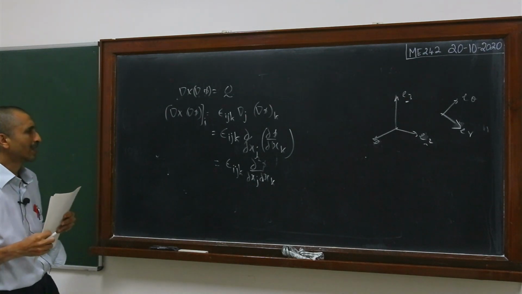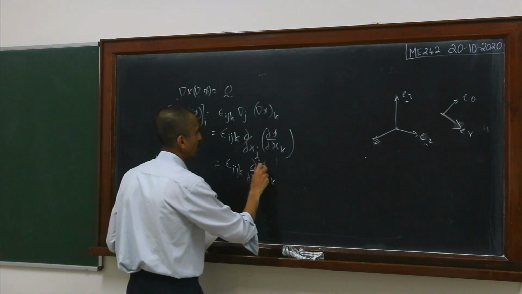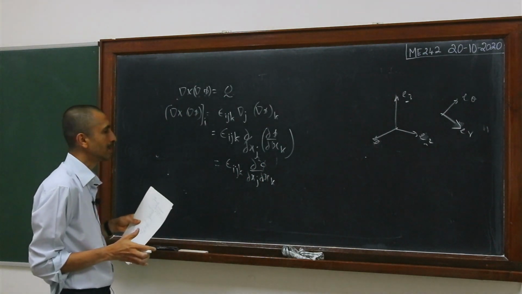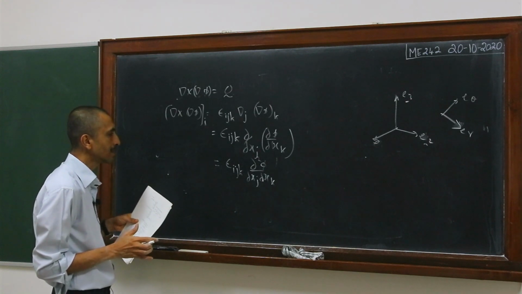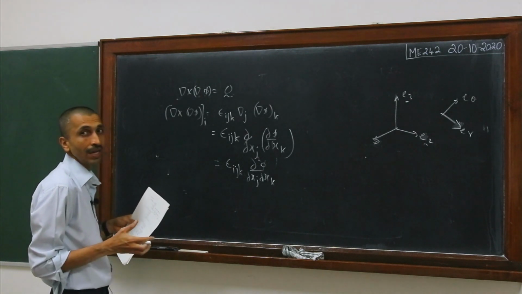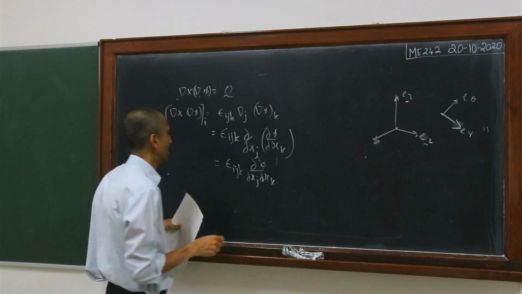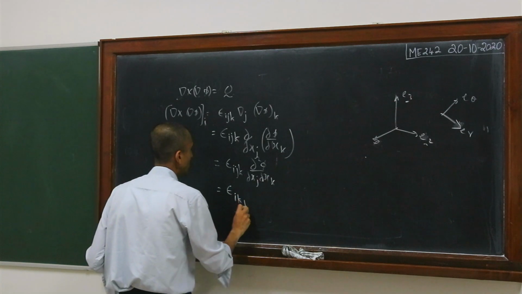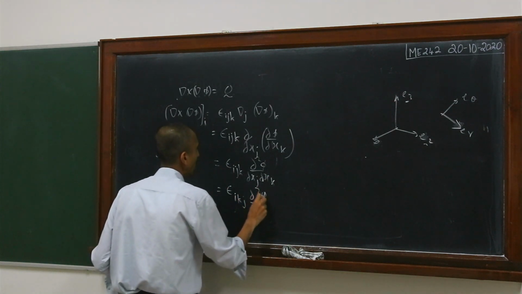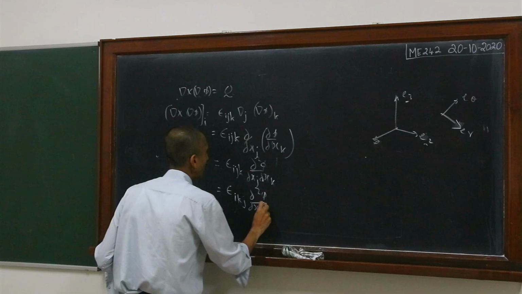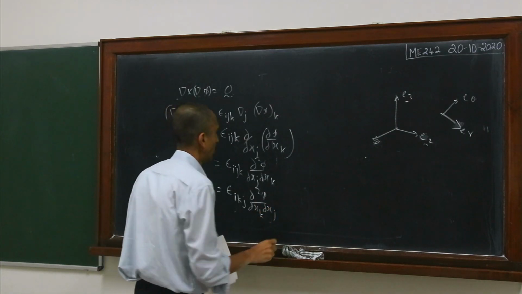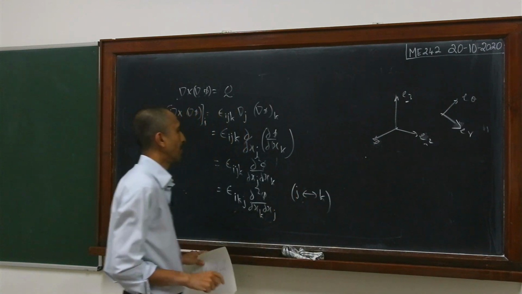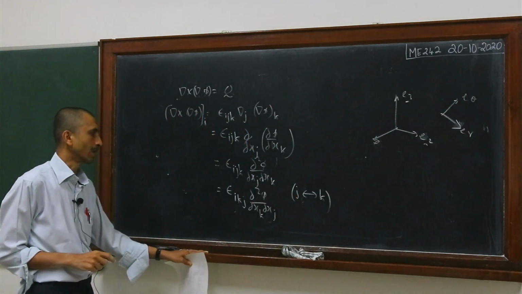Okay, so now these are some standard tricks that you have to get used to. So here the trick is that you interchange the j and the k. See, j and k are basically dummy indices. So I can call j as k and I can call k as j. So the trick that I will use here is, this is epsilon ikj del square phi by del xk del xj. Right? That is because what I have done is that j I am interchanging with k. So this is the step. This is the critical step in this particular proof here.